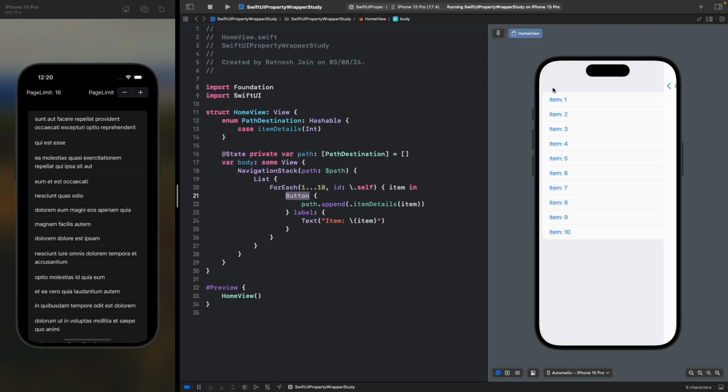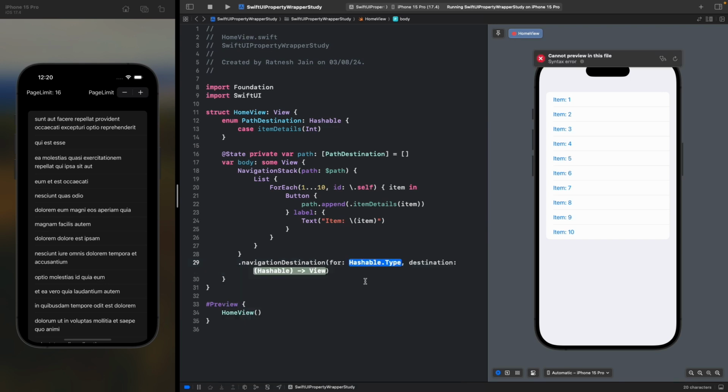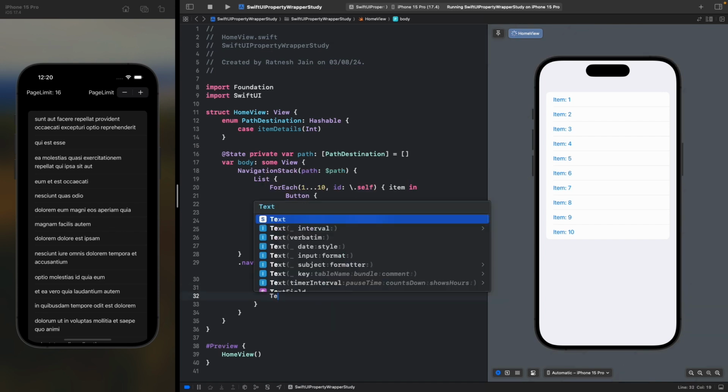So what I can do is write navigationDestination for, and the type is my PathDestination.self, and I will get the destination here. I can switch on that destination because this PathDestination is an enum. So destination, and I can get the let item, and I can have a VStack here, Image,